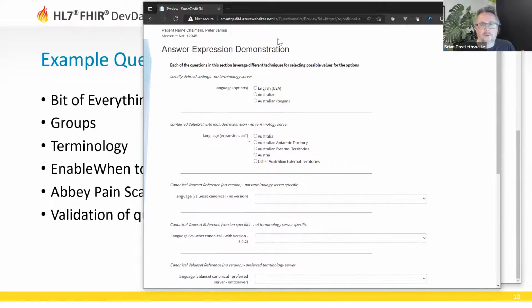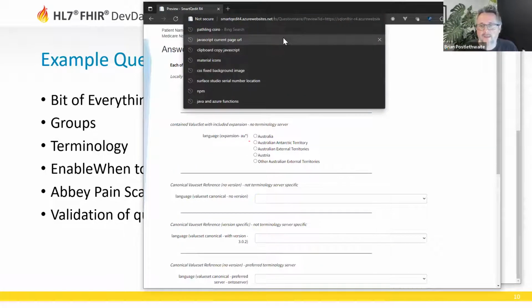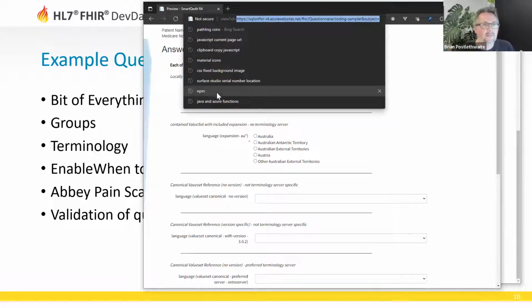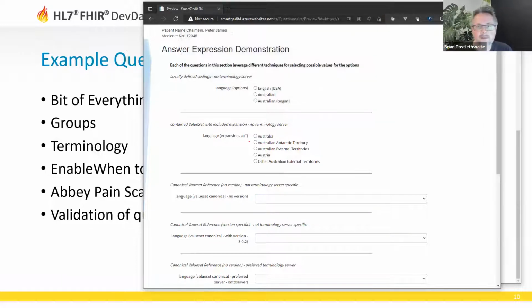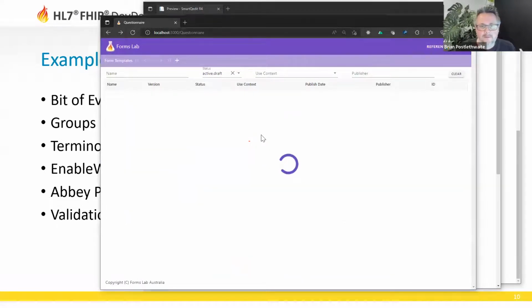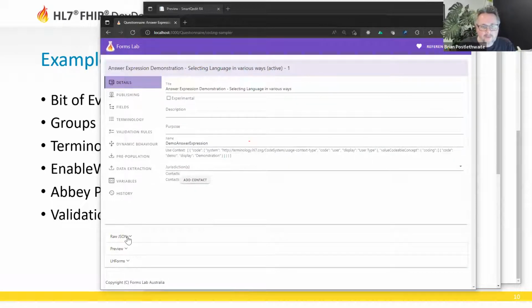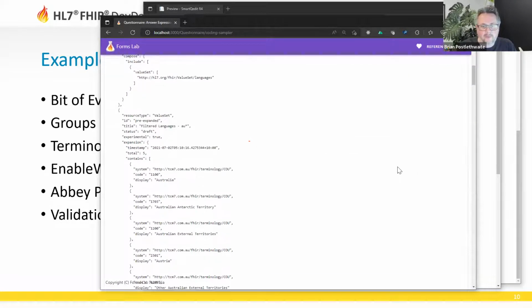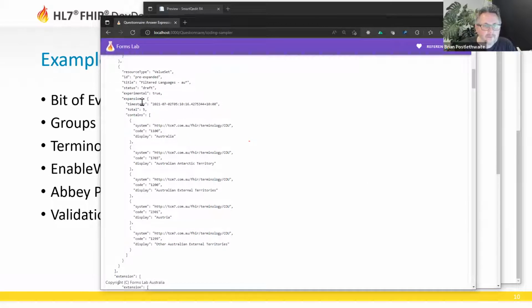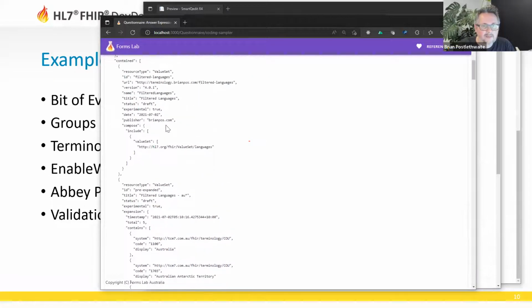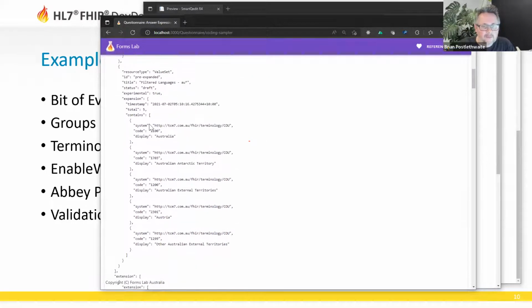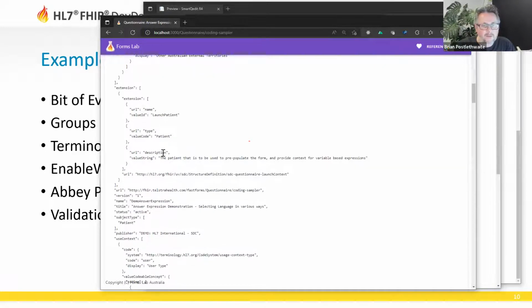So there's quite a few different options, and if I go and look at the actual definition for that one, coding sampler. So we go back to our coding sampler, selecting language in various ways, that raw JSON. We'll see there's our contained value set with some options in it. We also have